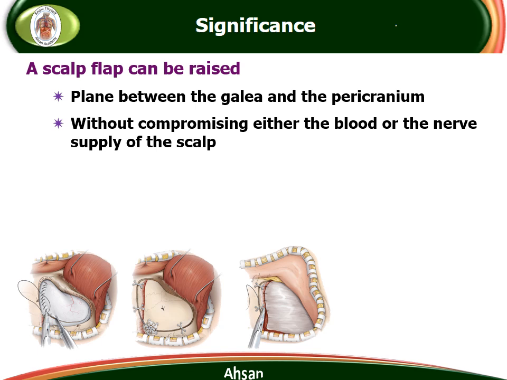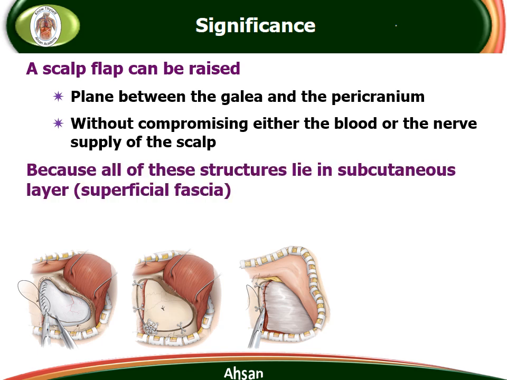This plane has fewer blood vessels, as mainly the blood vessels are superficial to the aponeurosis or galea aponeurotica. So surgeons can separate the scalp along this line deep to the galea aponeurotica, and can perform skull surgery safely, and they can repair the bones or do brain surgery,